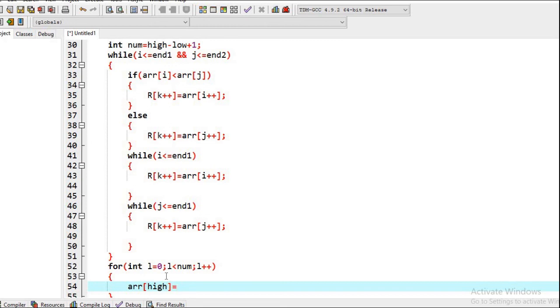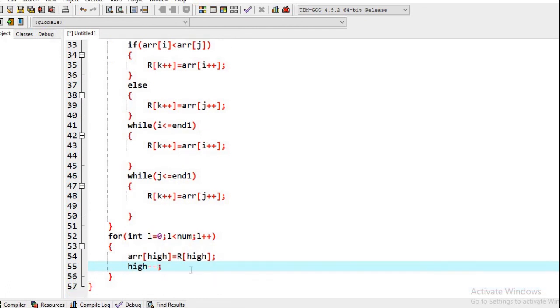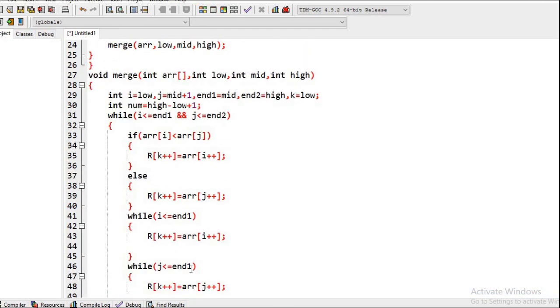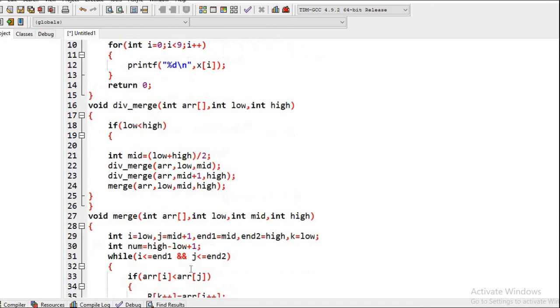We want our array to be sorted. The resultant array is getting sorted, but ultimately we want our original array to be sorted. For that we have to copy all these elements one by one into our array. As soon as they are sorted, we copy them into our original array. That's why we have to write this logic. Okay, so that is all.